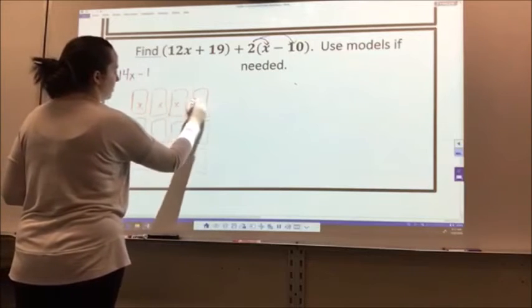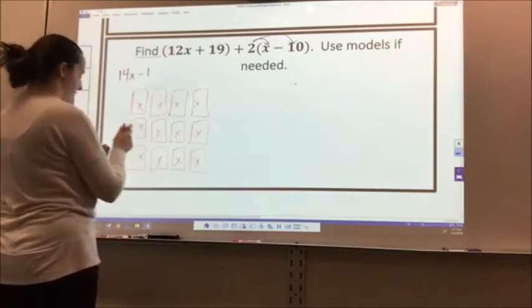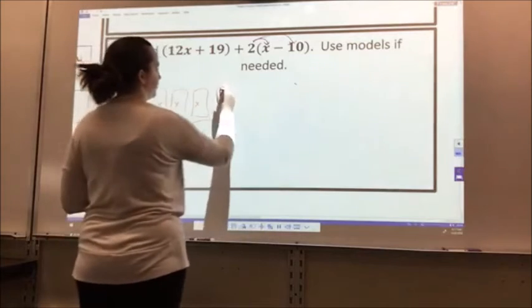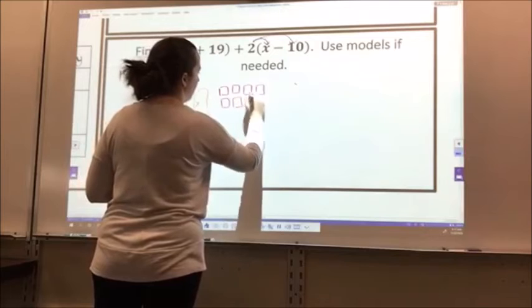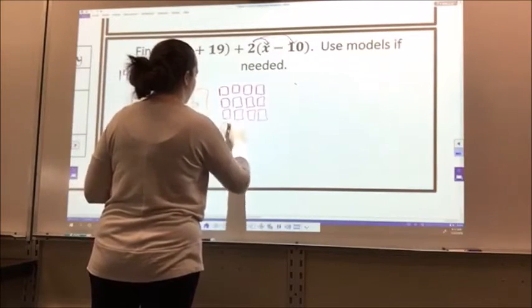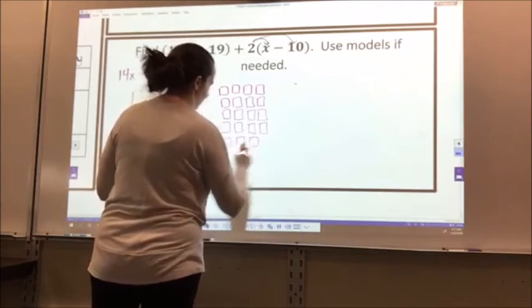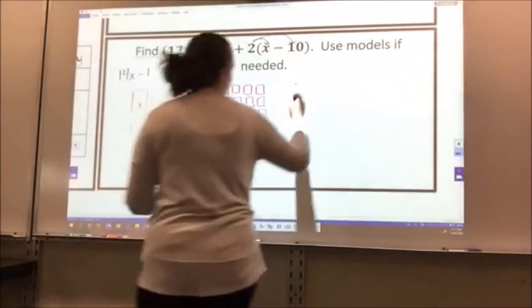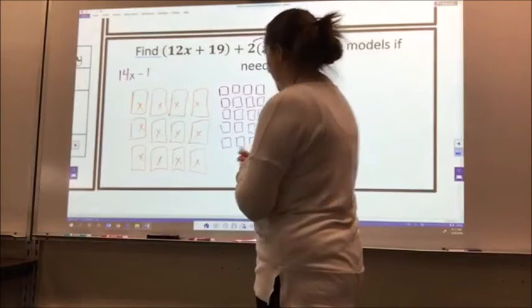These are x's, and then I have positive 19. Okay, so here's my 12x plus 19, and then I have 2x, and then minus 20,